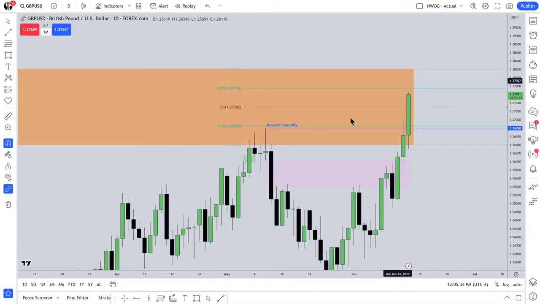I'm almost certain I did a live stream and mentioned this. But the low end of the gap, which is all the shaded area here, okay? Above this high, we have the low quarter percent, the lower quarter gradient level of this entire range. Then we have consequent encroachment, which is the midpoint. We steam through that. So the next objective would be 1.27754. That's a finite number. It's a static number. So if you were targeting that for another partial, you would factor in spread.